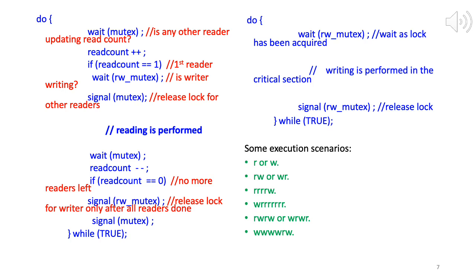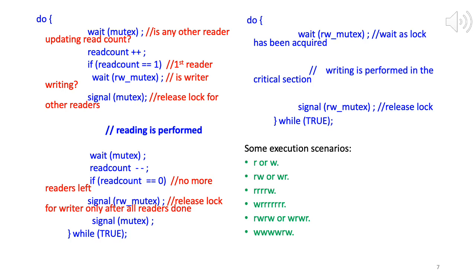Okay. So now, one scenario, only one reader, nothing else, only one reader. So what happens, it waits on the mutex, it acquires it, increases read count, it's 1. If read count is 1, it tries to acquire the read write lock also, correct? And it gets that as well. And then it releases the mutex because it's done read plus plus. Then it reads.